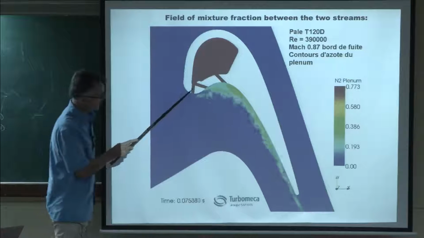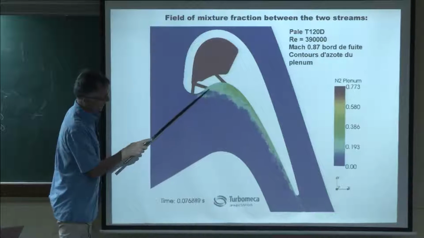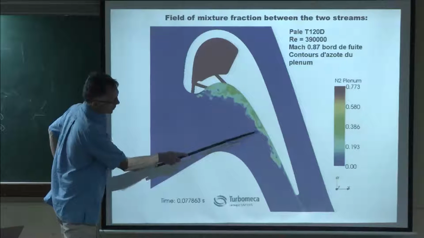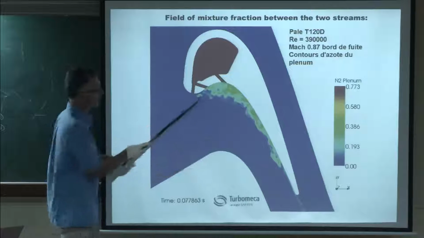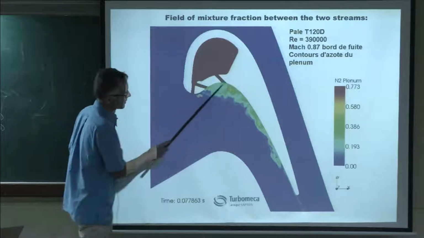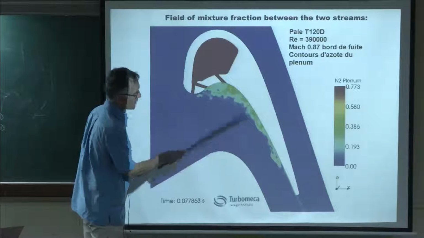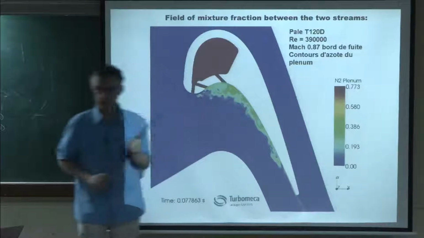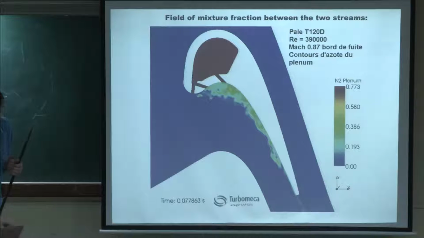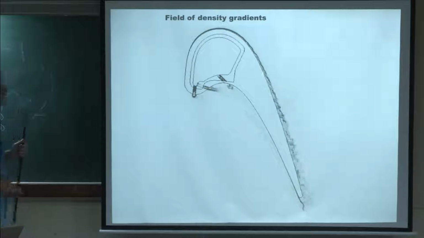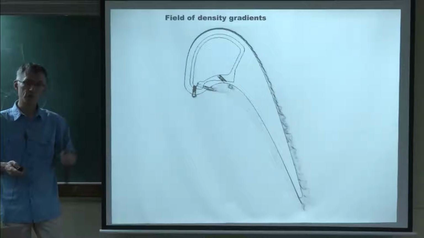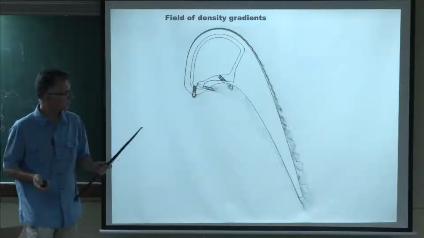So you see you inject the air. It's turning right away here. There's a second jet and a third jet. You can see here the mixture fraction, actually. It's the N2 plenum, so it's like the mixture fraction. You see these jets are coming here. This is why we send them here. This is a very hot zone, so we try to protect this zone with these jets. That's the objective of these jets. That's a view of the density gradients. So that's what you will see in the experiment if you would do Schlieren visualization.